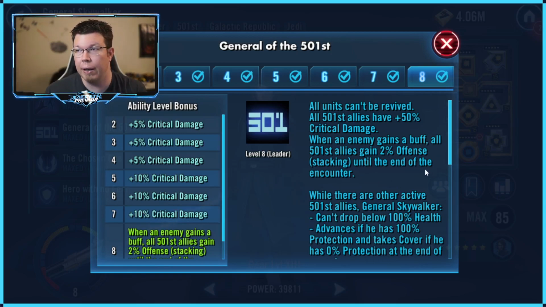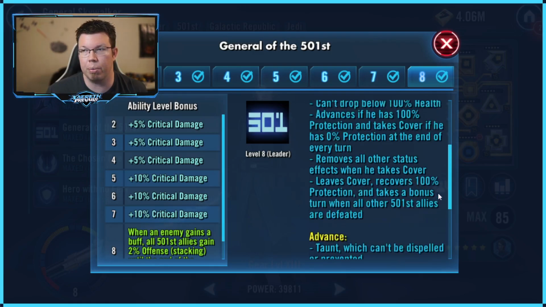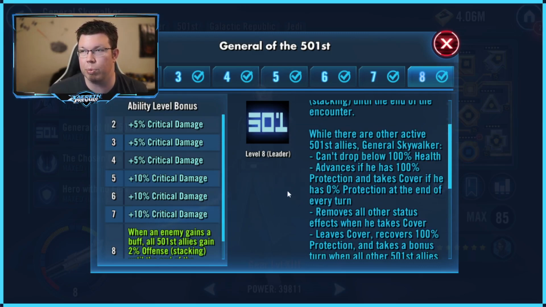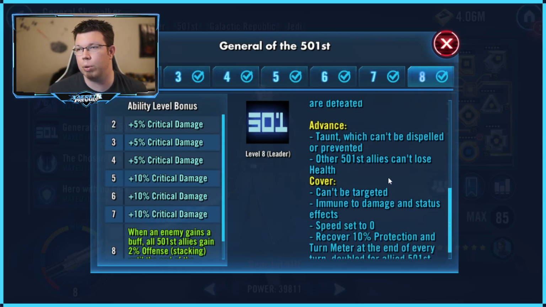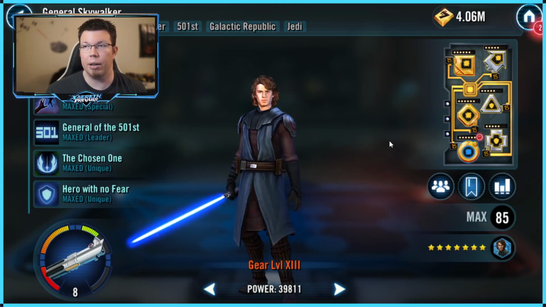Actually, ironically, that's kind of a fun in-lore thing, where Jedi stack so many buffs, and then he takes his 501st and goes and takes them out because they've stacked too many buffs. They've been irresponsible. The biggest mechanic here, it's really tough to explain and just look at the words, but essentially,